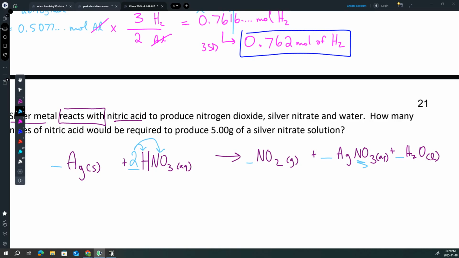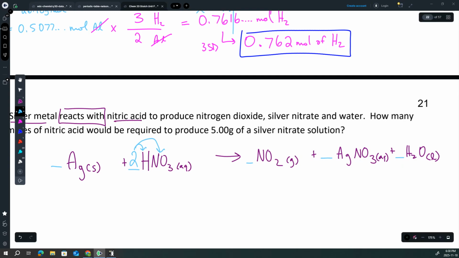But one thing I'm going to caution here, because this is a more complicated reaction than our typical single replacement, double replacement, combustion, formation, decomposition, I'm going to caution you against treating polyatomic ions as a single unit for balancing with more complicated reactions like this case. Because if I did that, I'd be like, well, there's 2 nitrates, I only have 1 here, so I'm going to put a 2 there. However,